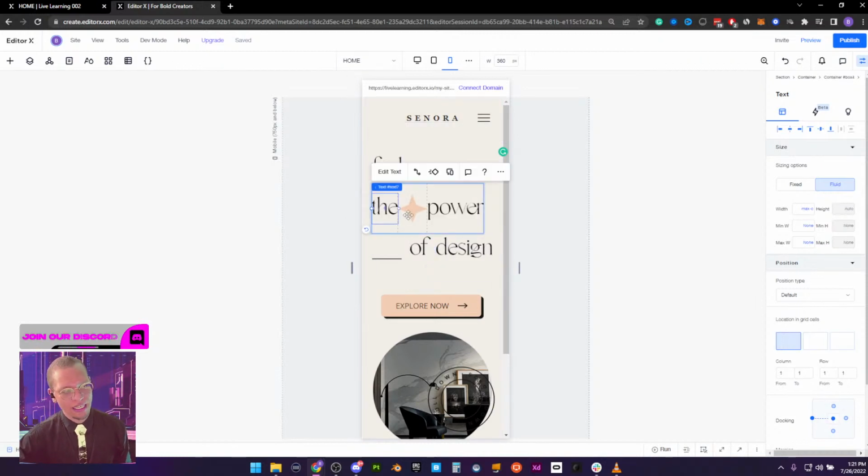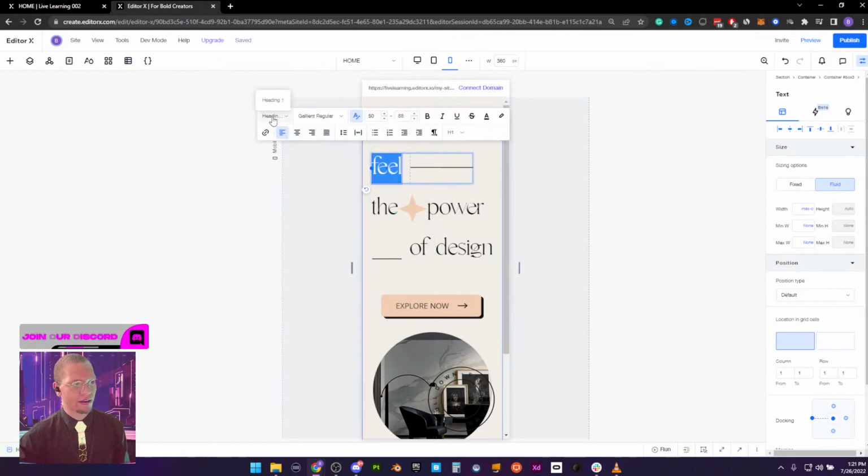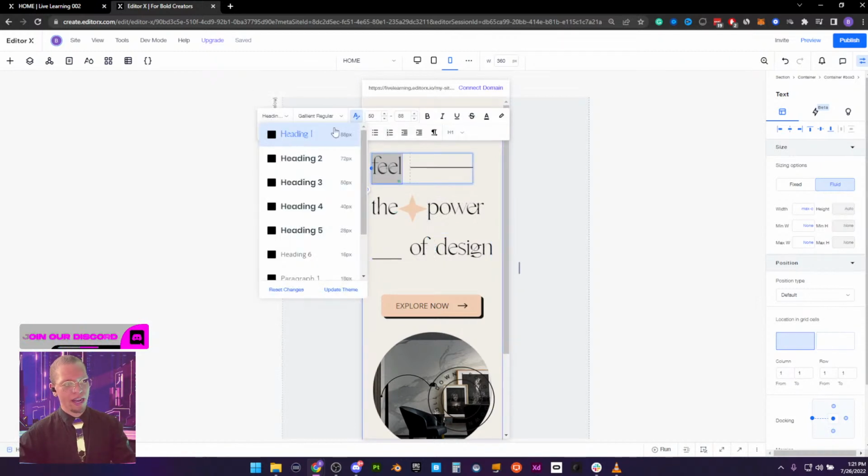I have each one of these text elements hooked up to a particular theme, right? It's called heading 1. They all should be 88 pixels. And if I change the theme, it will change pretty much any asset that is under that theme.